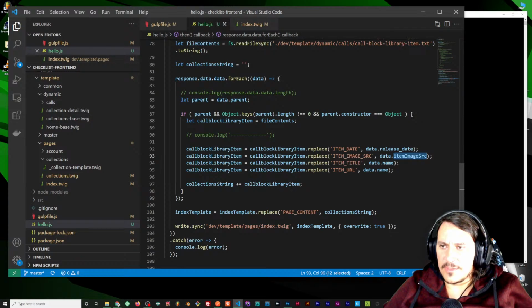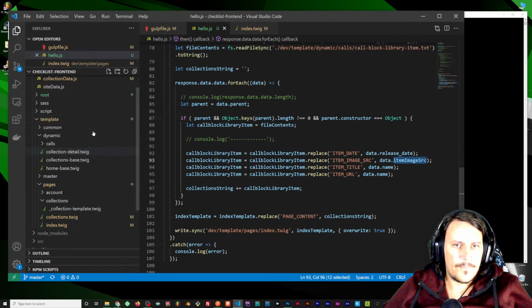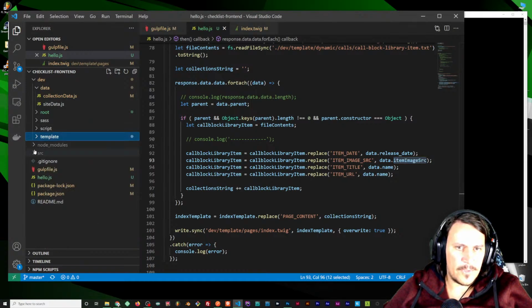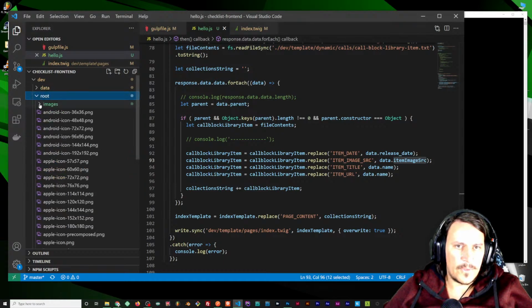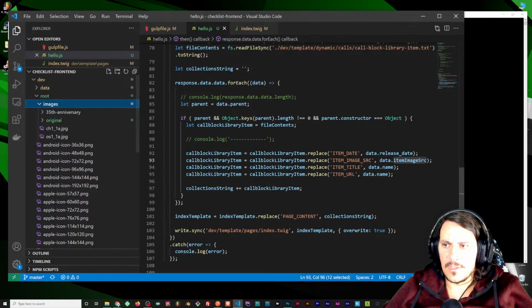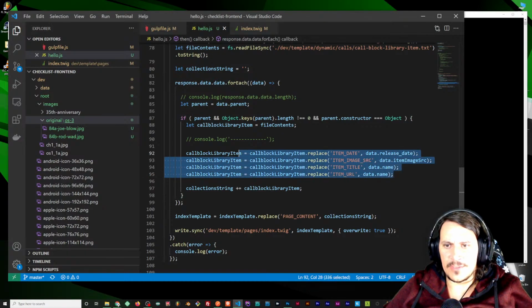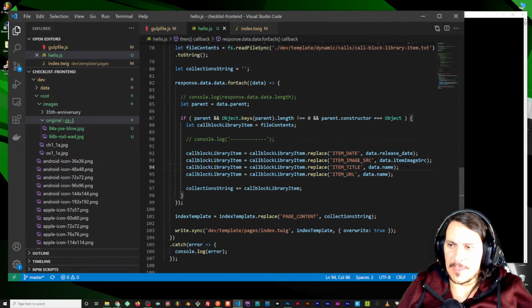So if I put in item image source as, we'll do a temporary thing I have got in my root folder, images. Yeah, for now I'll just put this in. This is dirty, but I'll have to make this dynamic later. But item image source